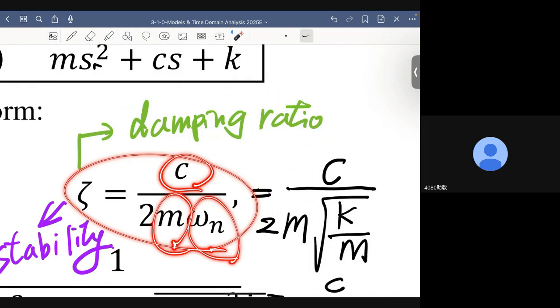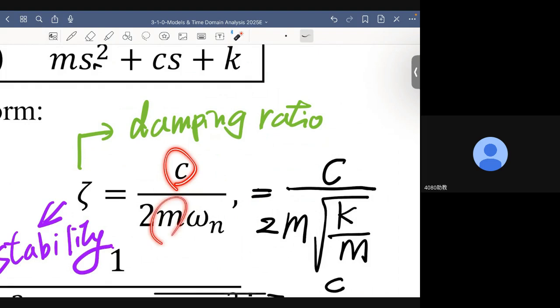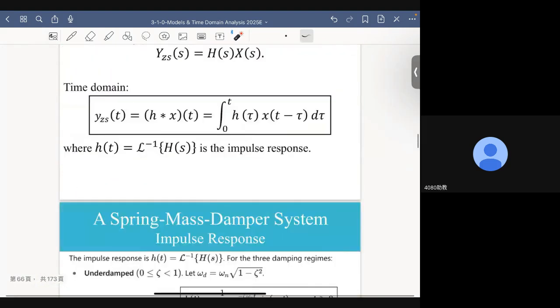And natural frequency is also positive because negative frequency doesn't make any sense, because frequency is the number of periods per second by definition. What do you mean I have -3 periods per second? There is simply no such thing. If c, m, and omega n can only be positive numbers, of course, eta has to be a positive number. Okay, it's not a mathematical result.